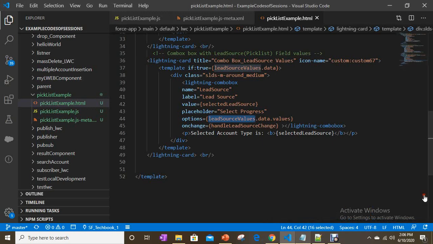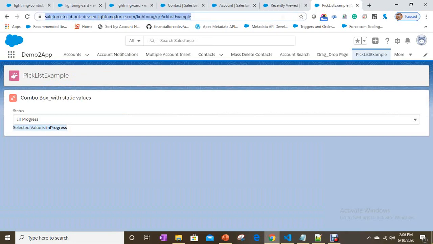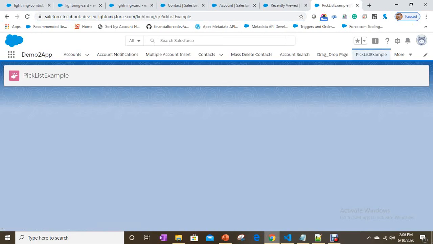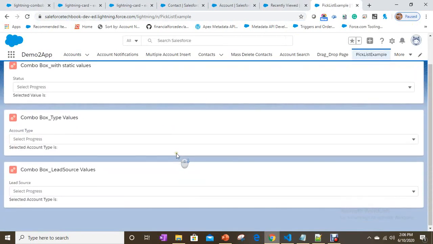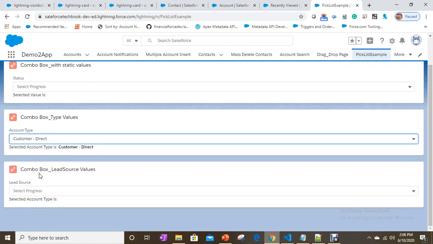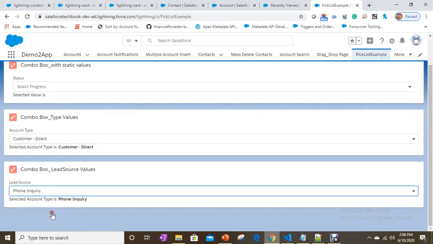Now let's see. See, type values is giving you all values as we are using the master record type, but lead source should give 3 values only: web, phone inquiry, and partner referral, because the record type we specified has only 3 lead source values.